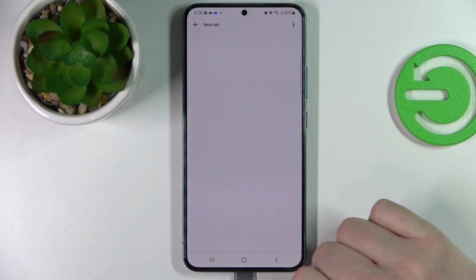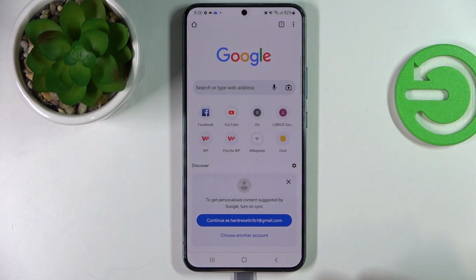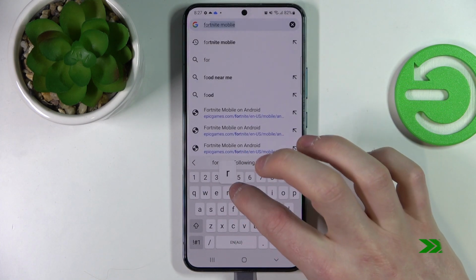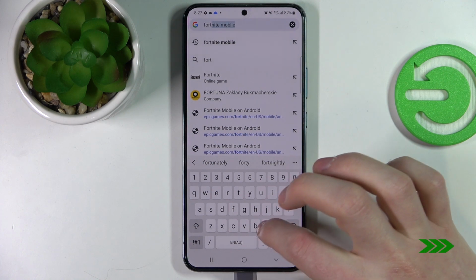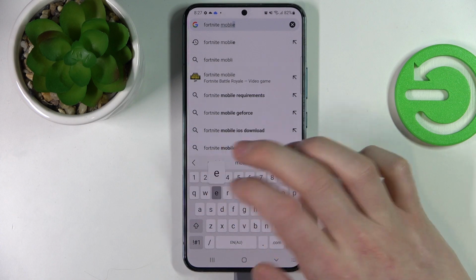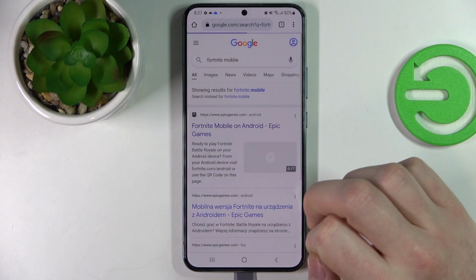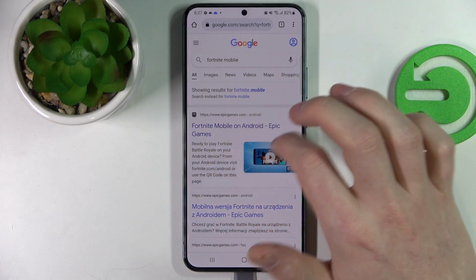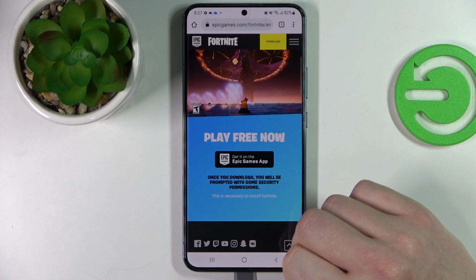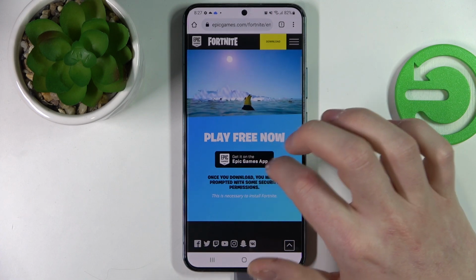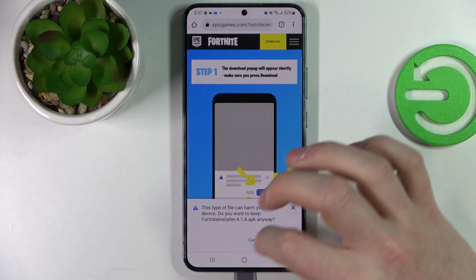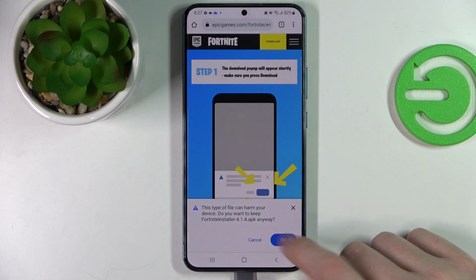So let's just open Google Chrome, create a new tab, and start searching for Fortnite Mobile. Like that, we press go and just click on the first link visible right here. Now select the Get It on the Epic Games app, and something like that will pop up. Press OK,